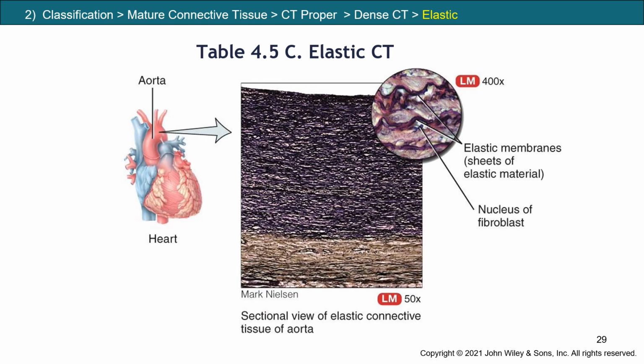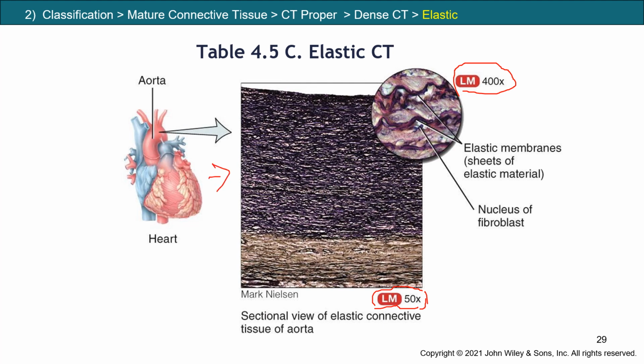So as usual, I show you a picture of your textbook. Here, LM means light microscopy. So this is the microscope that you use in the lab. And here you have a much higher magnification, that is 400 magnification. But of course, it's still light microscopy. And here you have a specific staining to see the aorta. And here, of course, in 50